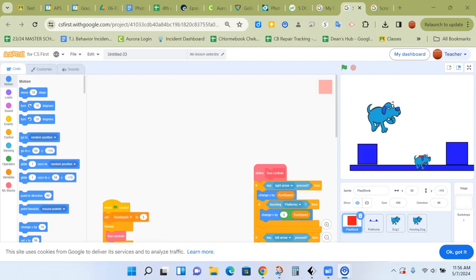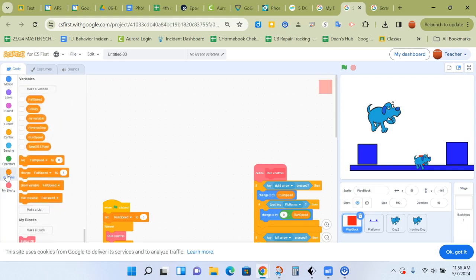Platform games are all about jumping, and you can't jump without gravity. So you need to add some simulated gravity to the game. You may recognize how simulated gravity works from the Jump Monkey. First thing we need to do is go to the variables menu, and you need to add a variable